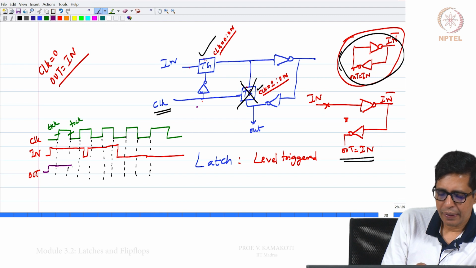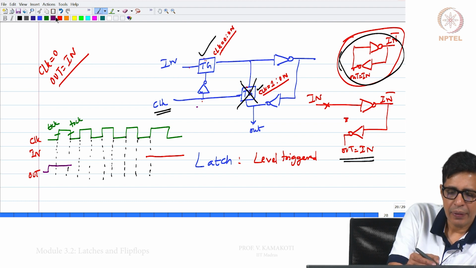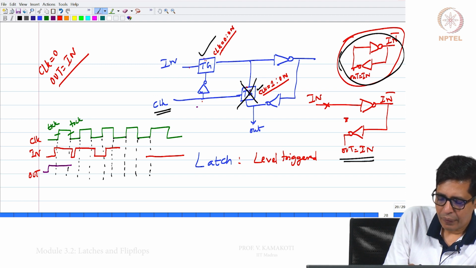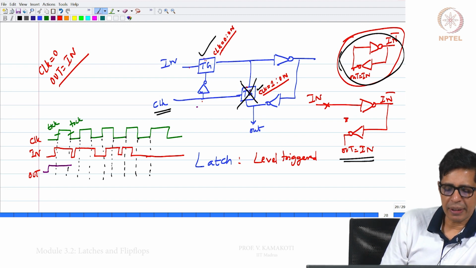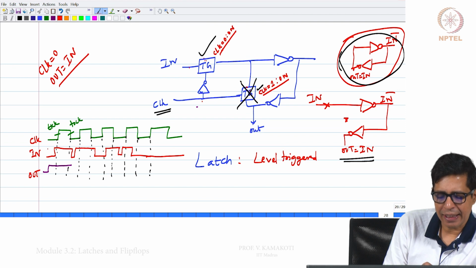Okay. Let us take this. Okay, let input be like this. So, when the clock is 0, the out will behave exactly like in.